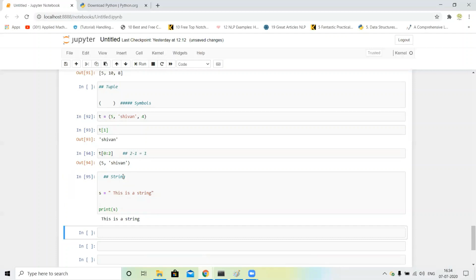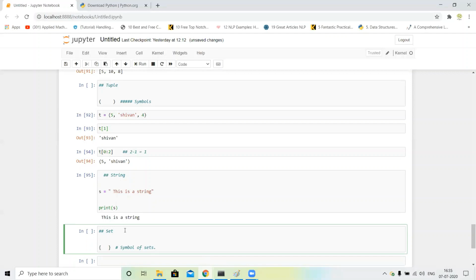Next, set. First of all I write this set. A set is an unordered collection of unique items. It is defined by values separated by commas inside the braces. This is the symbol of sets. And sets are not ordered, guys.